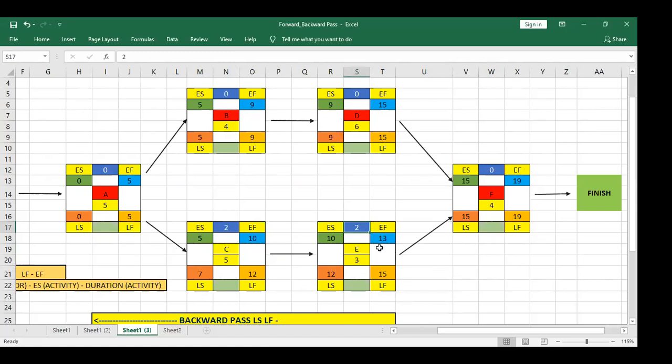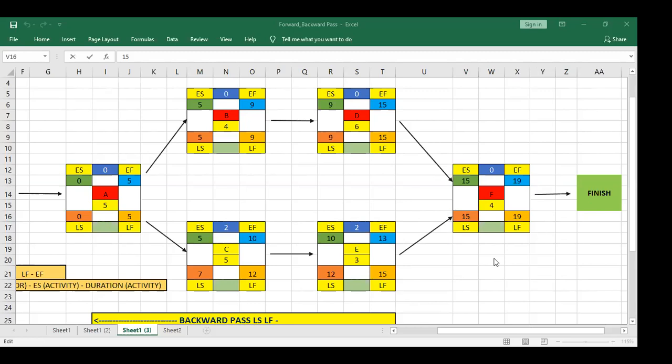Let me make it more visible so you guys can see. This is 13. This is 13 and this is 15. So if I delay this activity for 2 days, it will not delay the project end date. And that's what we learned. What is float? You can delay an activity without delaying the project end date. So when I delay for 2 days, it will not impact the next activity. Great. So we have performed total float.